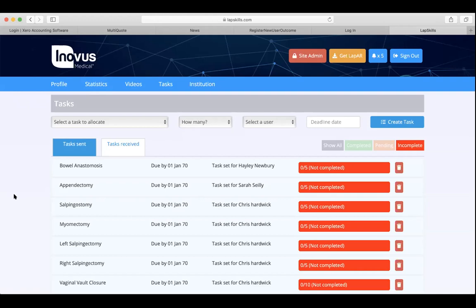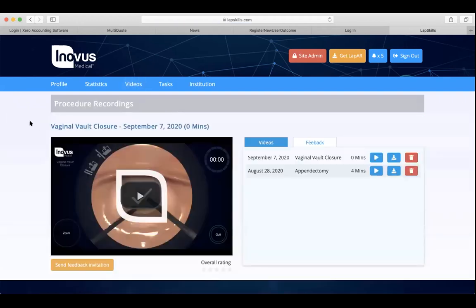So that's a quick overview of how not only tasks and guide training, but also we see how people's objective skills are progressing. But one thing we mustn't forget is that as a distance learning platform, we mustn't lose the importance of the subjective feedback. So that's the expert surgeon reviewing live game footage, having the ability to not only review that, but provide feedback in a time-stamped manner. And that's where we have the video review function.